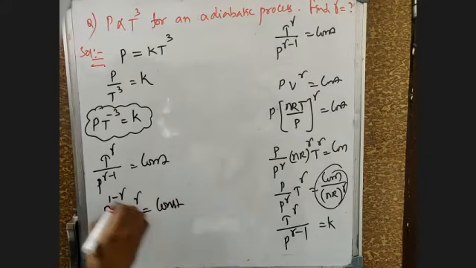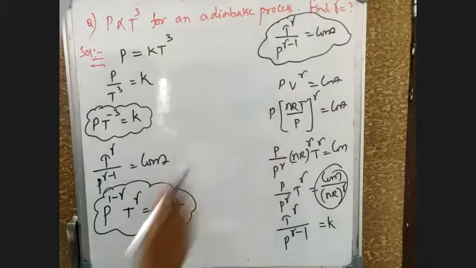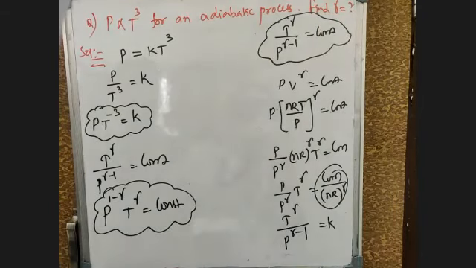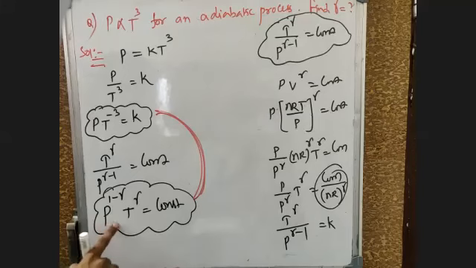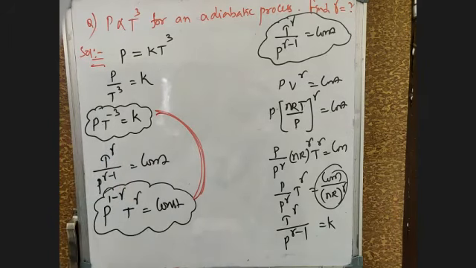Can I write even like this? Either I can remember like this or you can remember like this. There is no problem for me. Now you can compare this to p to the power of, here the same, t to the power of minus 3, must be equal to constant. Here there is nothing in p.